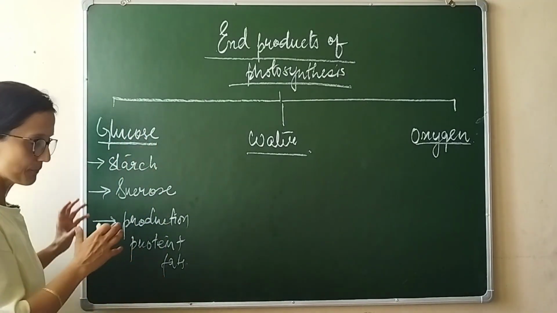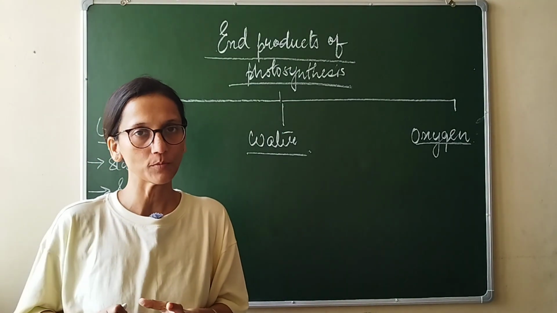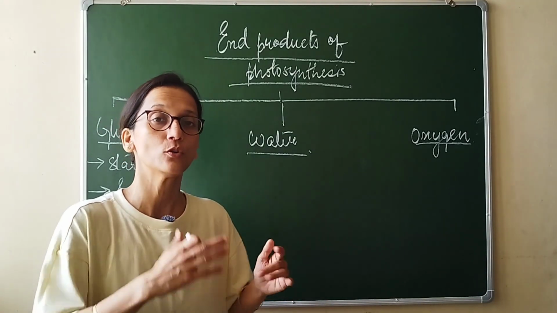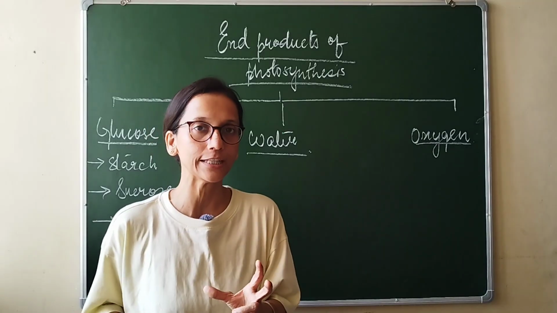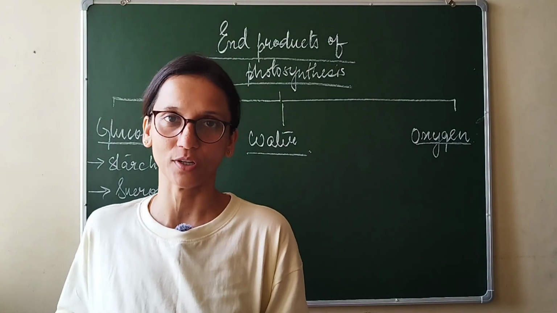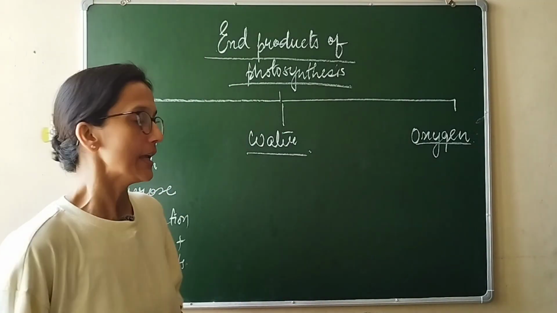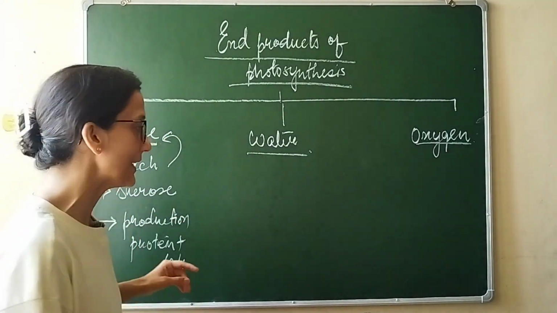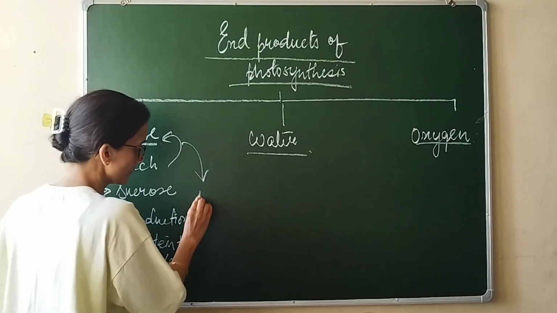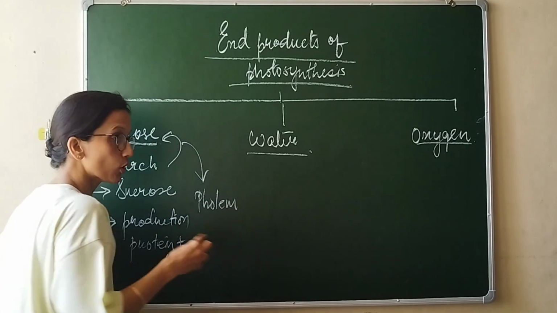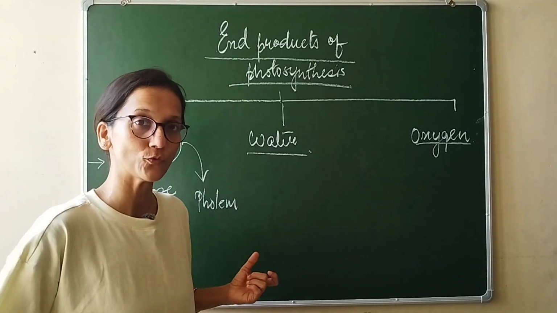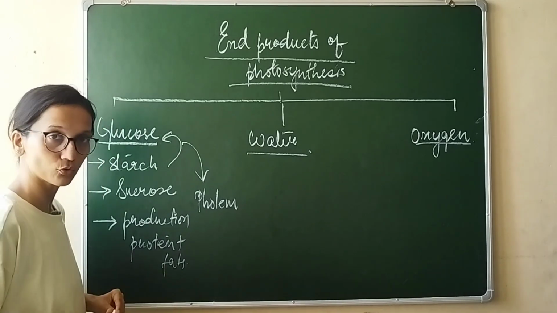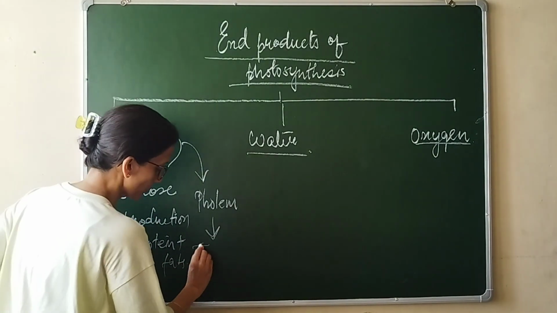Now the food that is produced, which is glucose, if it is stored in the form of starch, remember starch is insoluble. So if it is insoluble, it cannot be transported to different parts of the body, because food is prepared in the leaves, but it has to be carried to all the parts of the body. So when it is to be transferred, then starch again is converted back into soluble form of sugar, and then it is transported through the phloem. And what is that process called, where this manufactured food is converted into soluble form and then dissolved in water and transported through the phloem to different parts of body? That process is called